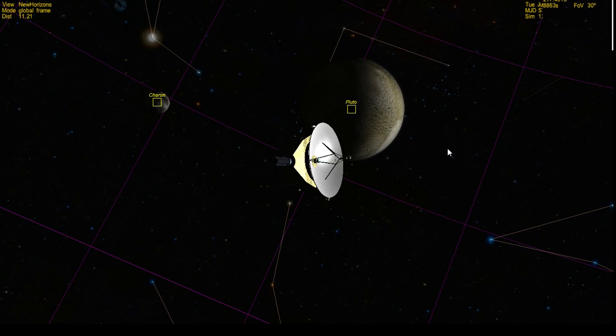And we are 2 minutes from the closest encounter with Pluto. I didn't know we get this close to Charon. It says here,